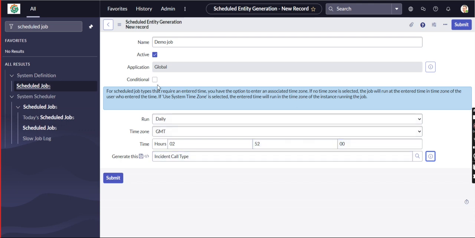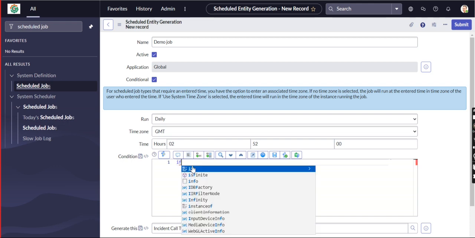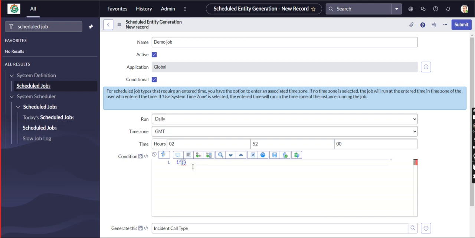Conditional. If we are giving a conditional, then we give the particular condition. Condition is not needed right now.